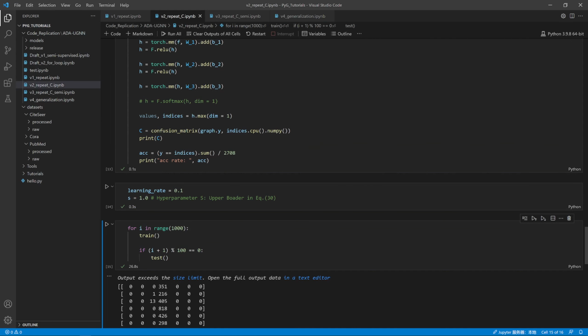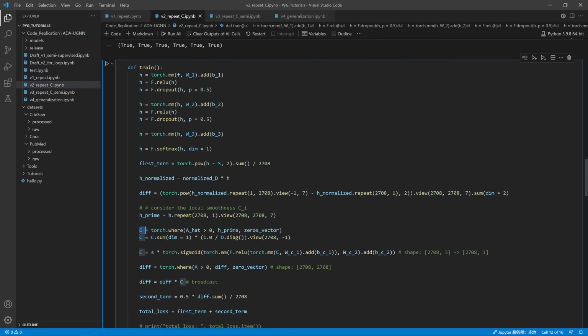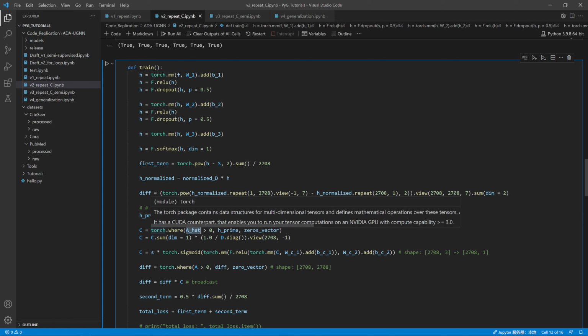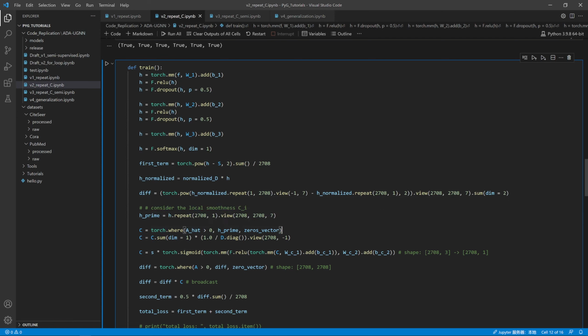So we can implement the local smoothness C in this code. Firstly, we also need to use the repeat function to generate an h prime to help us get the local smoothness. And then, like the difference here, we also need to filter the h prime and the h prime. If vi is connected to vg, we preserve their channel-wise information, or otherwise set them to 0, and then summarize